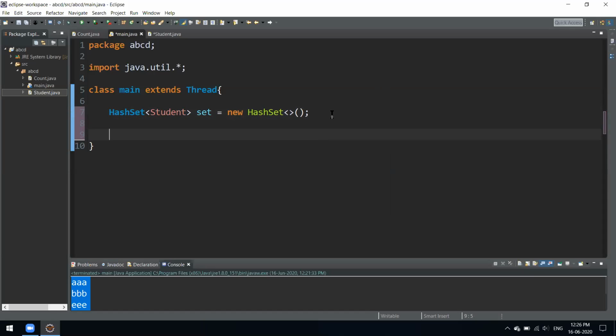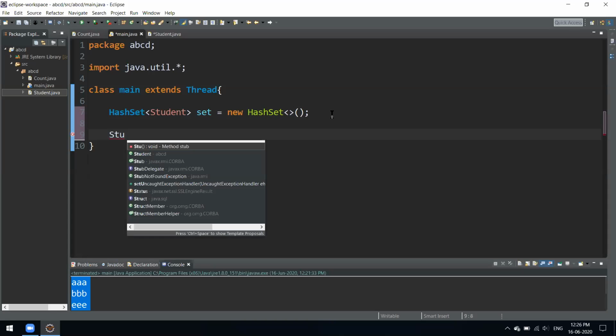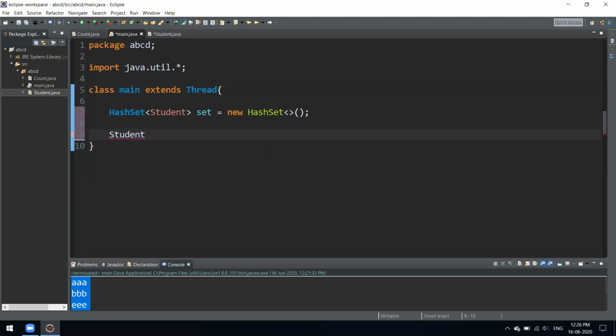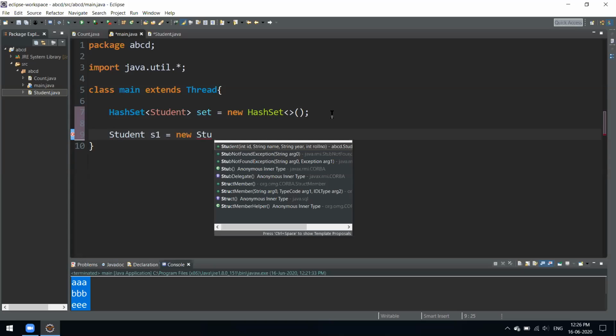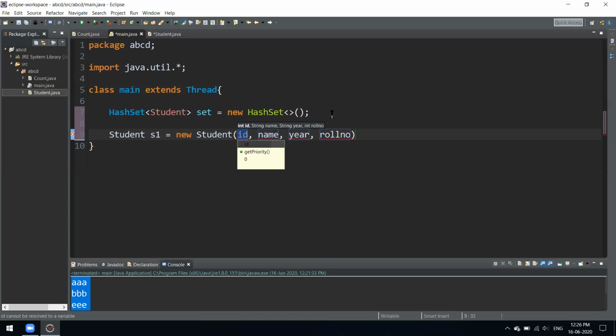Let's see how we can have different instances and add them in our class. So let's create three different objects of that student class. What was the name of that class? Student. Name it S1. I hope everyone is very familiar now with how we create instances or objects of different classes.